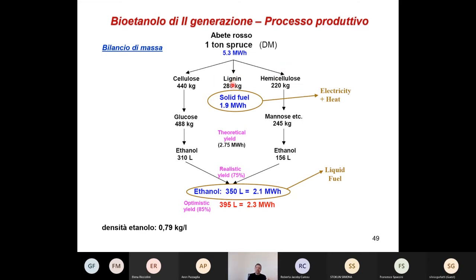If you consider also the hemicellulose possibility, the ratio is approximately 3 kilograms biomass, 1 liter ethanol. Probably a little better, because this equivalence is with 333 liters. We are between 350 and 340 and 95. So also a better possibility. Just to have a general picture.